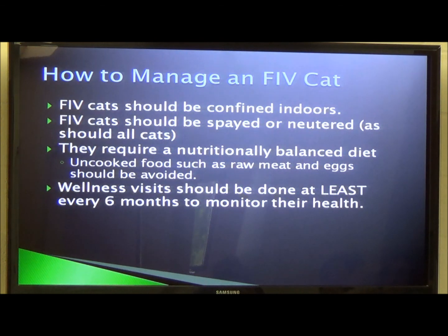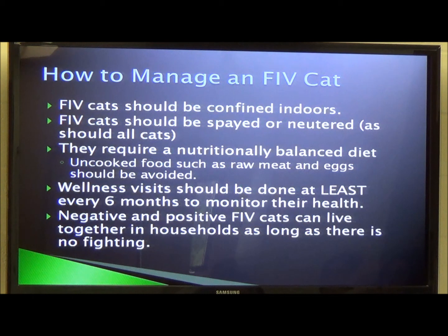Wellness visit to a veterinarian at least every 6 months to see how things are going, doing some blood work, physical exam, and checking for internal parasites. Negative and positive FIV cats can live together in households as long as there is no fighting. Like I said,